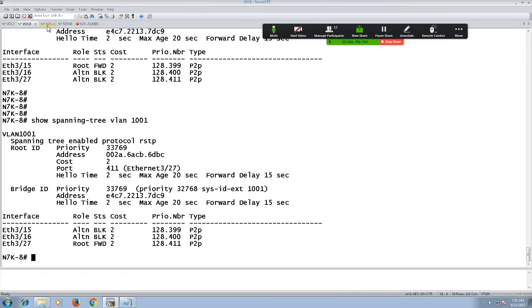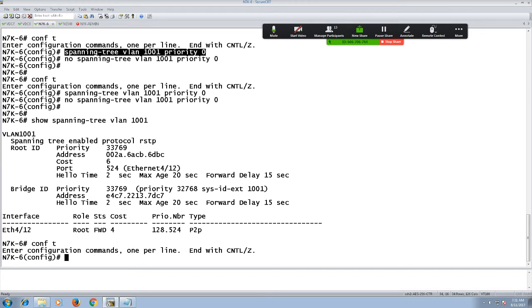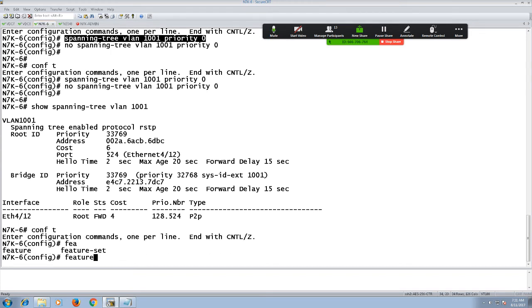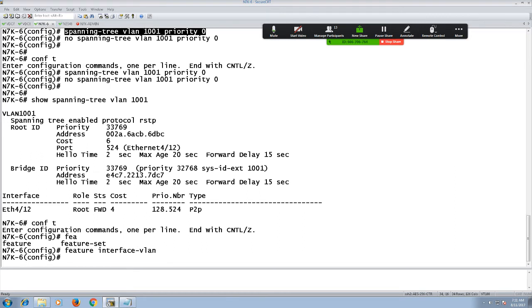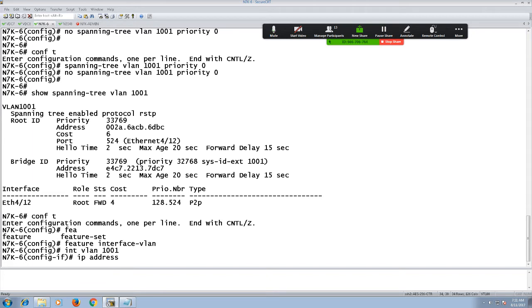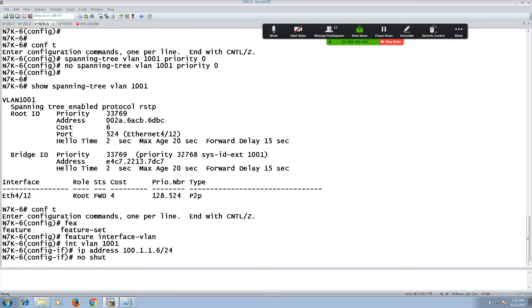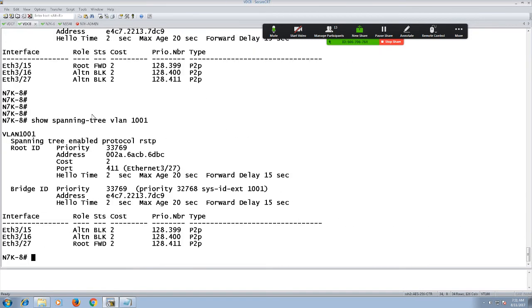So I'll go and create it on SVI 6. I'll write feature interface-vlan, then interface VLAN 1001, and the IP address as 100.1.1.6/24 with no shutdown. Similarly, I'll do the same on VDC 8.